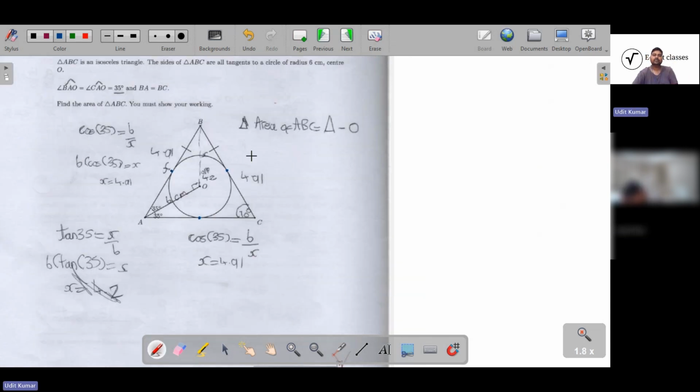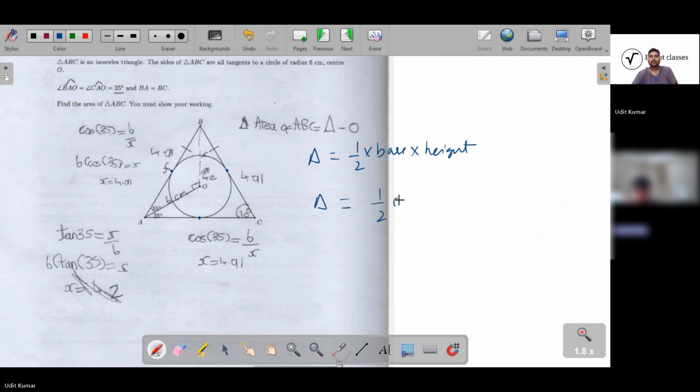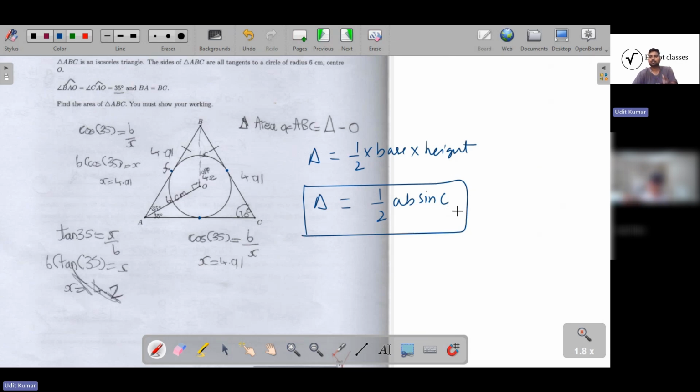Area of the triangle is what? Half base into height. Is there any other formula? There is one more formula, which is called half AB sine C. This is from trigonometry. Right, now so what we will do is,